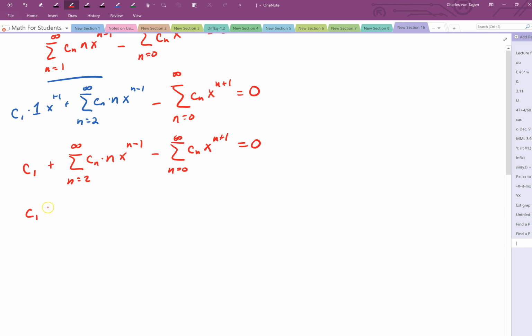So now I want to have both of these series. Usually I want to have them both start at 0, whatever they're currently starting at. So for this one, I'm just going to go ahead and let k equal n. So I'm not going to actually change anything in this series. So we'll just relabel the variable as k. So we get c_k x to the k plus 1. However, over here for this series, let me do that in a different color. I'm going to go ahead and let k equal n